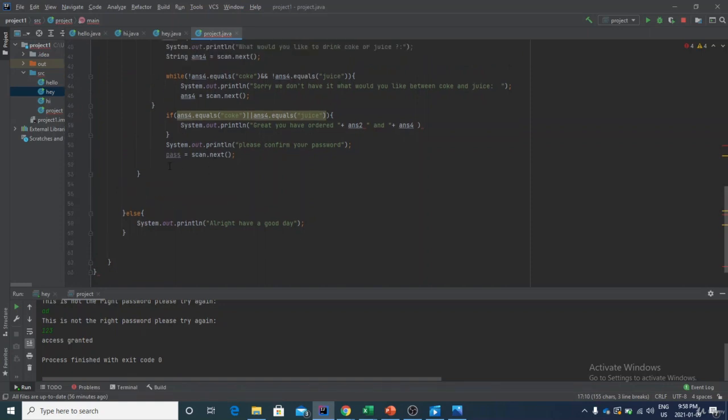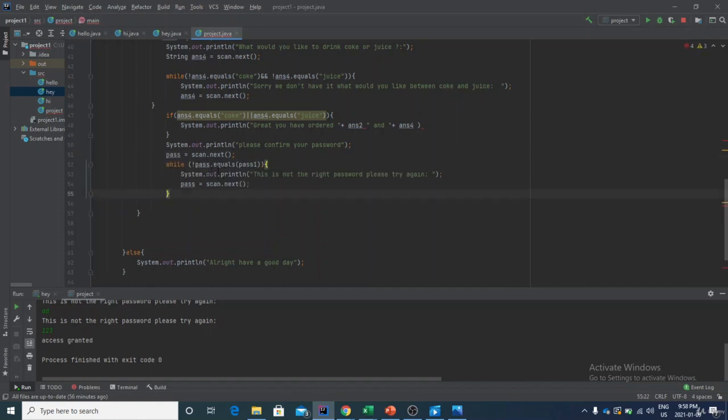What we want to do is simply testing if pass is equal to pass number 1, which is the password that has been created by the user at the beginning. So if it works, well, great. That means that the user will be able to pass its order. If it's not working, we'll simply tell to our user this is not the right password. Please try again. So if everything works fine, so here we store once again our pass variable, and the user tries again until